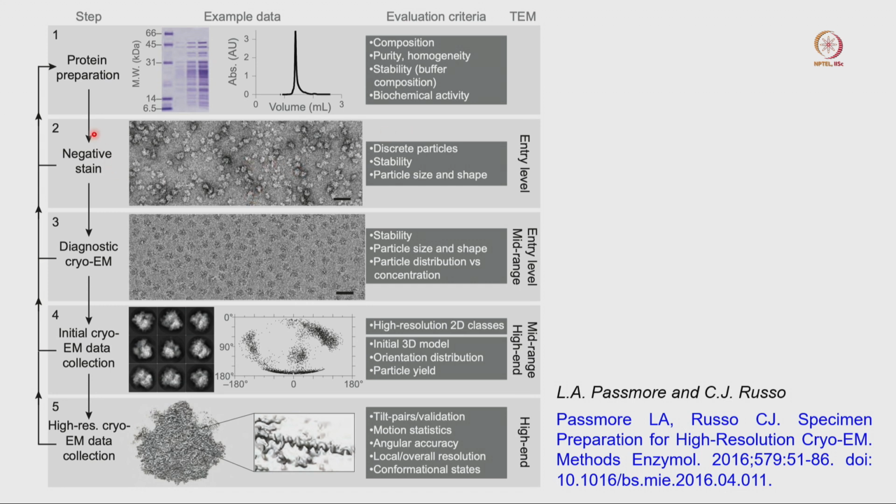Whenever you do the negative staining, you should see the discrete particle stability and particle size and shape. So, if you have ribosomes, and if the ribosome is looking like a circle, then definitely something is wrong with your purification. So, from your negative staining images, if you have reference images, it will be much easier for you to compare and figure out whether you are looking at a correct sample or not. When you have a correct sample, you go for the cryo-EM study.